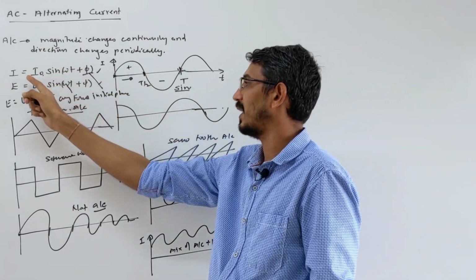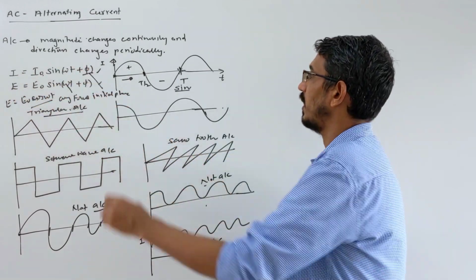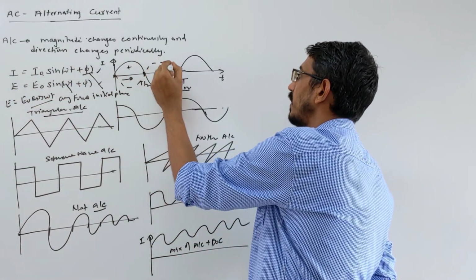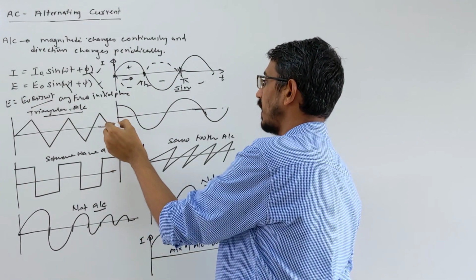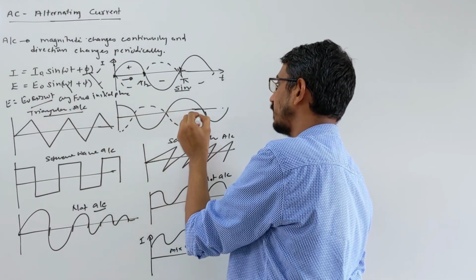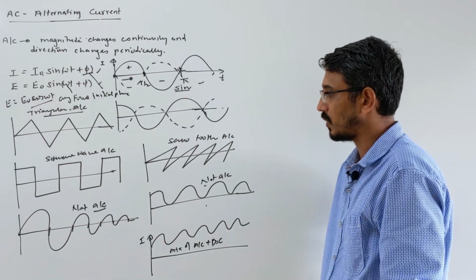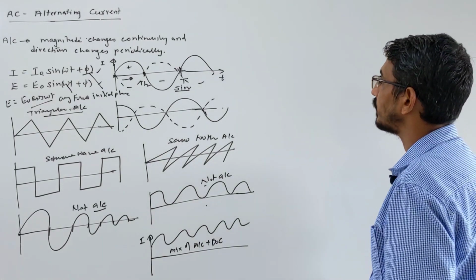Suppose this is negative. I is equal to minus I naught, then the graph will be downward, like this way, right? It starts from negative. With negative cos, this graph will start that way, right? Yes. You know these things already, we have discussed all this.